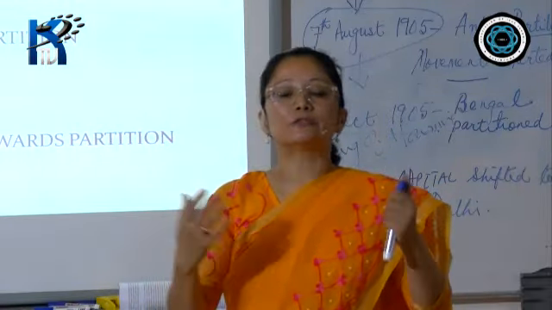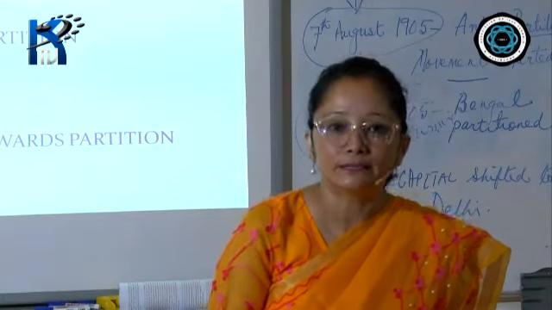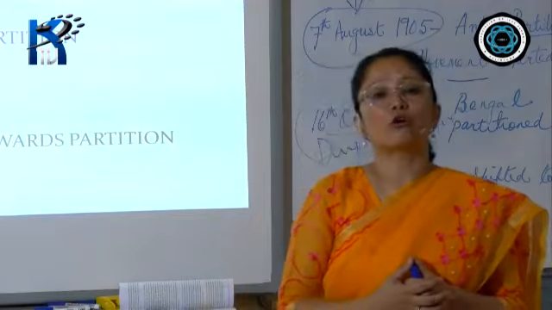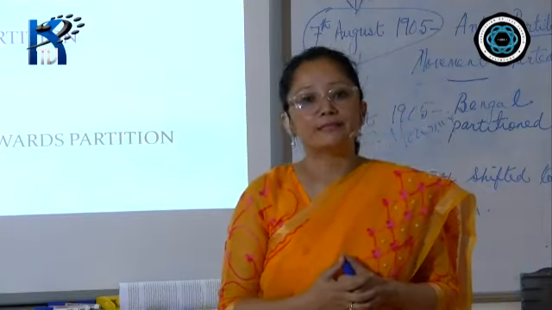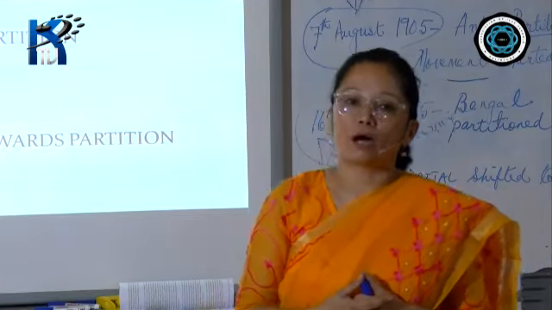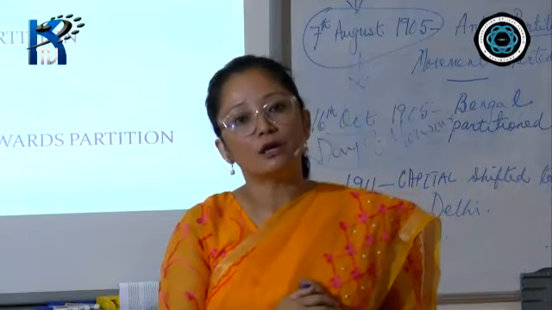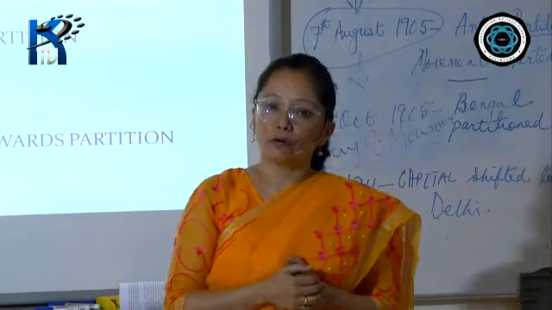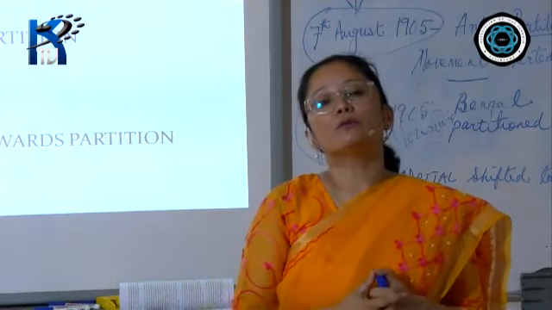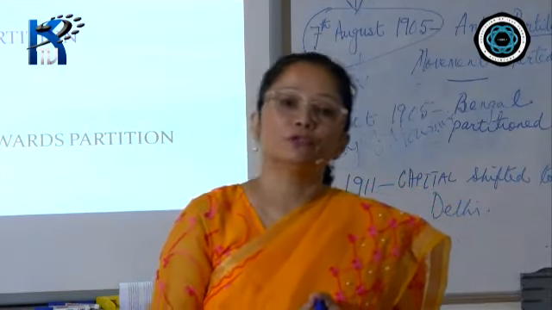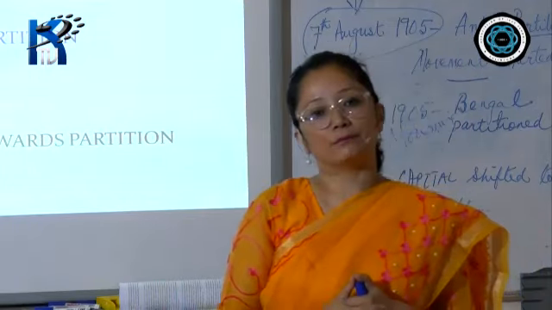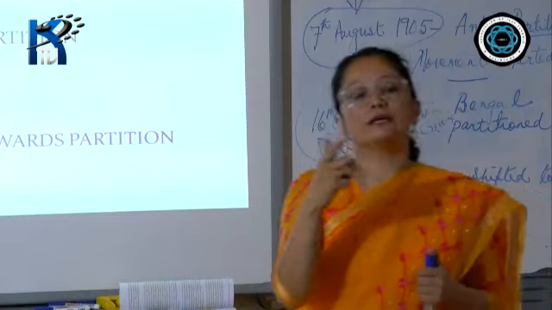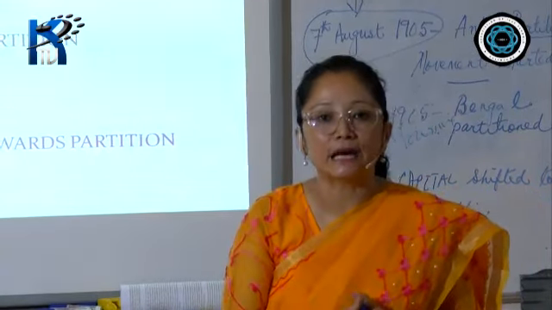Then later on, we could see many of the leaders started giving political speeches. A lot of rallies and processions also came out. But very sad to say, Bengal was partitioned into two halves. One was West Bengal, now dominated by the Bengali Hindus, and the other was East Bengal, which would be dominated by the Muslims. So this period from 1905 to 1906 and 1907,